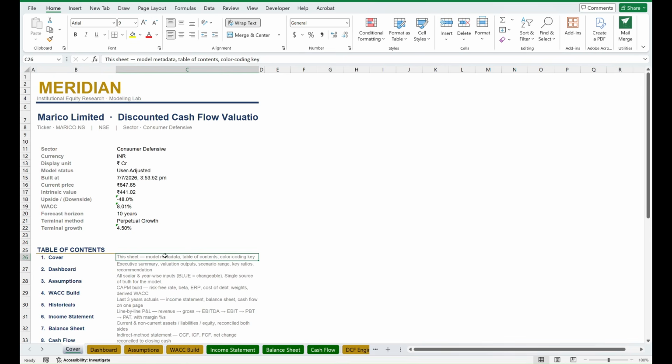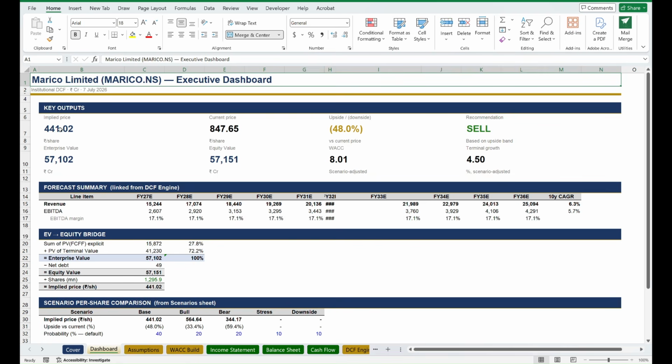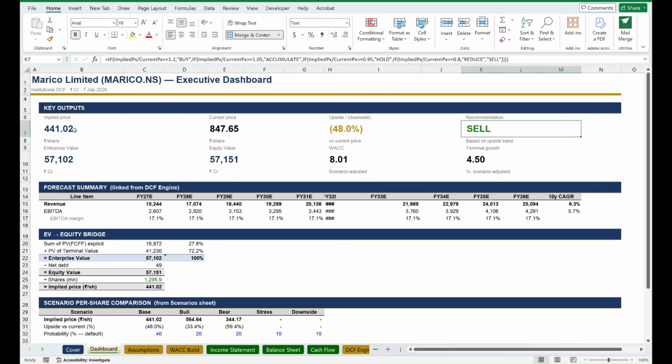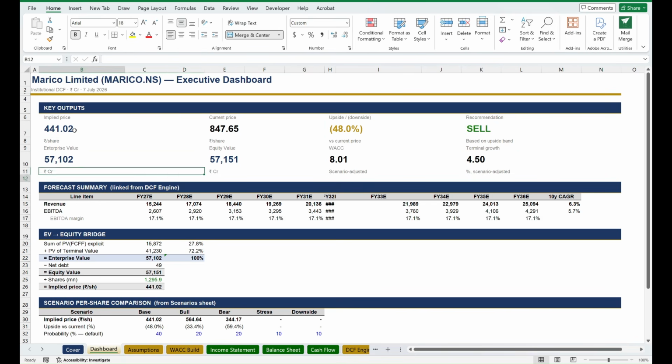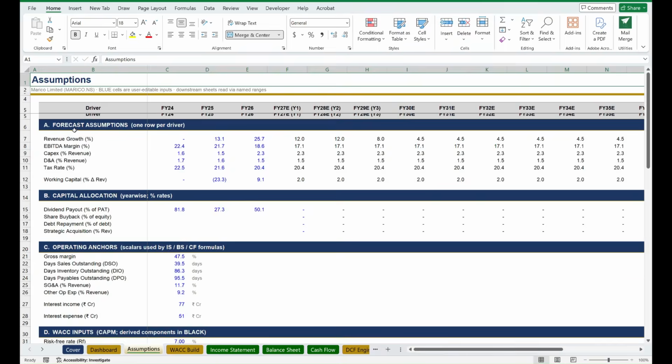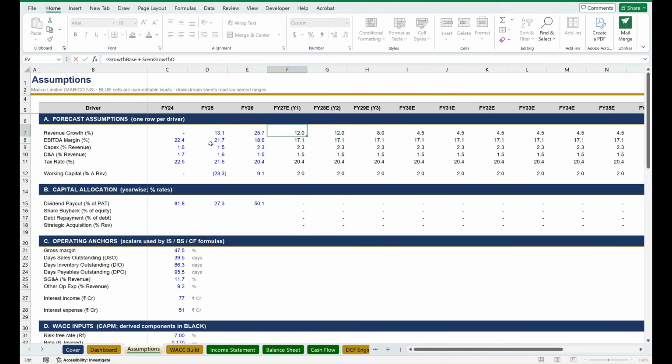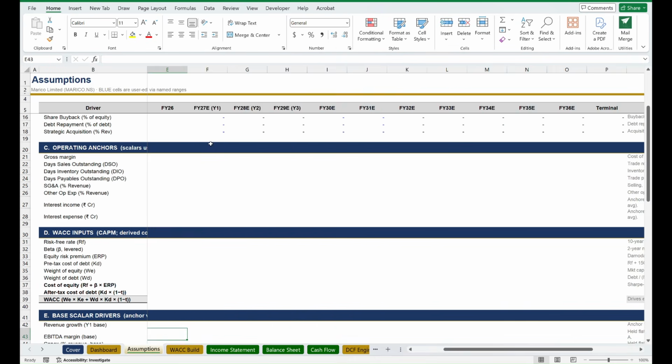Okay, so this is the Excel cover page, obviously. Then every number is linked to other numbers. Every number is derived from various functions, you will see. Then the EV bridge, and the assumption sheet: whatever numbers you put in there will come in the assumption sheet. This is hard coded because assumptions should be hard coded. Then next year assumptions are taken based on the previous year assumptions. Everything is there.